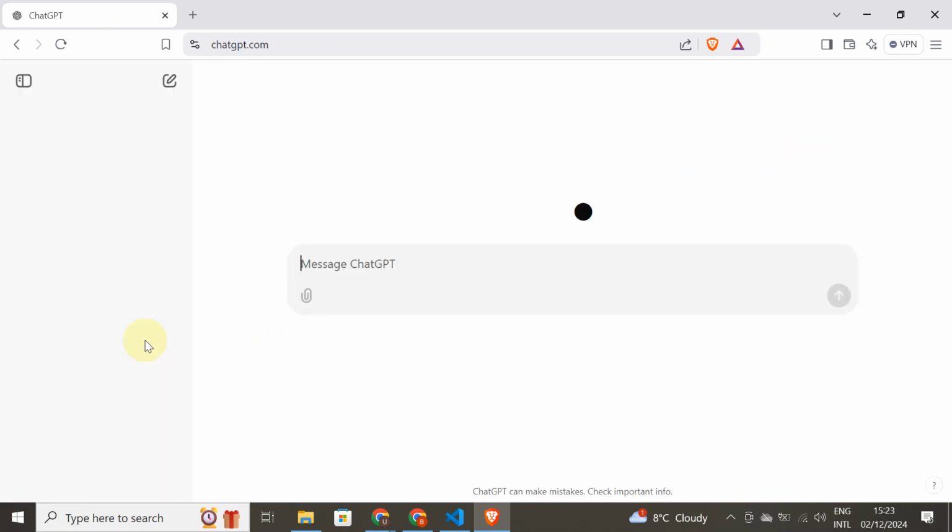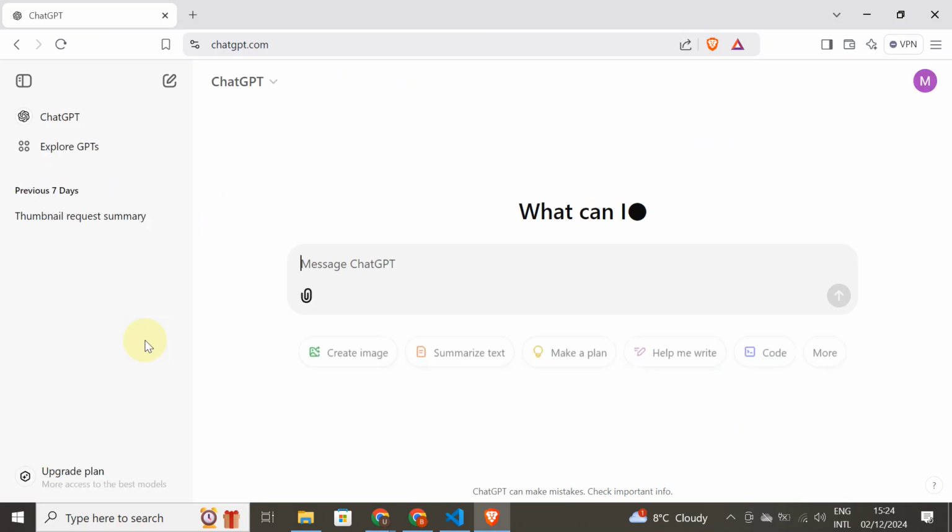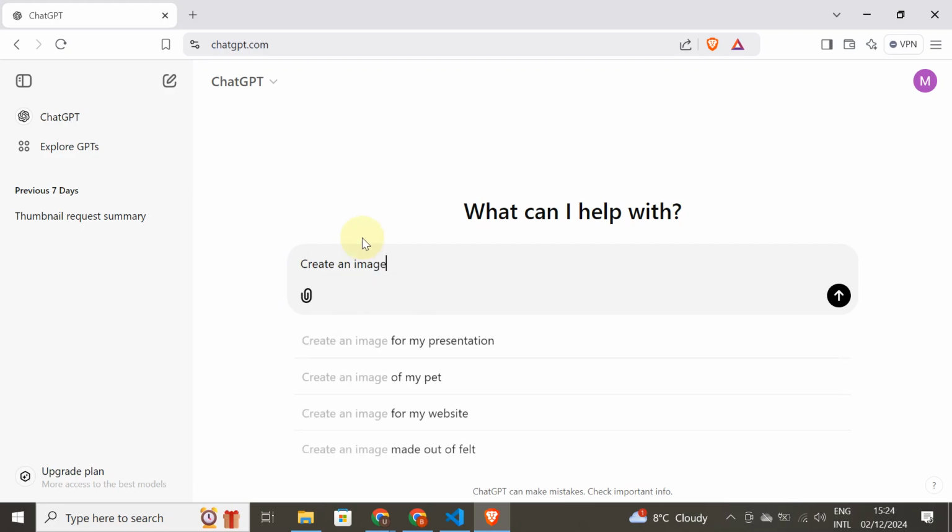So basically, if you have a YouTube channel or TikTok channel, or if you want to start a YouTube channel and you don't have an image to use, and you are looking for an image to use, you can use ChatGPT to just simply create it. So I'll use this prompt here. I'll click on this create image, then create image for my